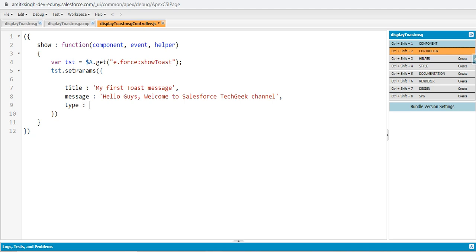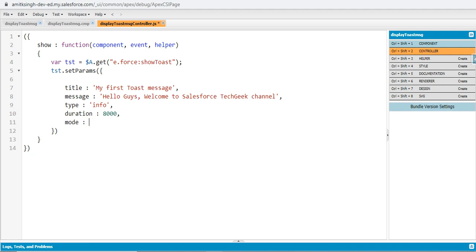And after that I have to specify its type. Let's say it should be info type, and the duration which I want to specify is 8000 milliseconds, and at last is mode. So we have three modes for the toast message.